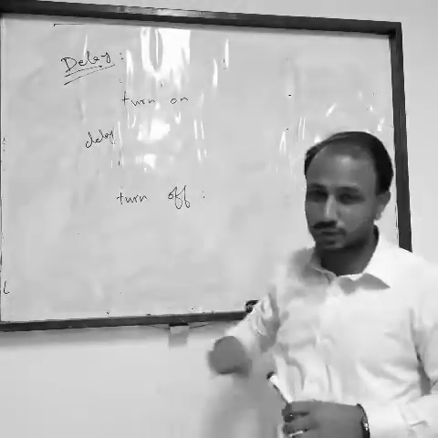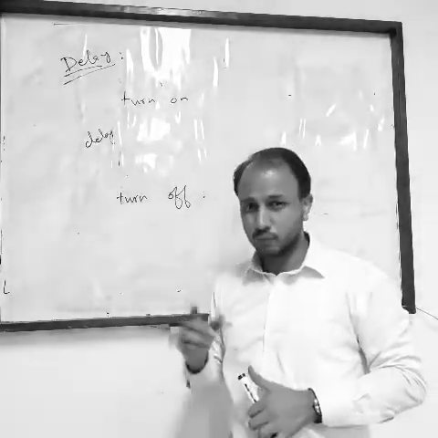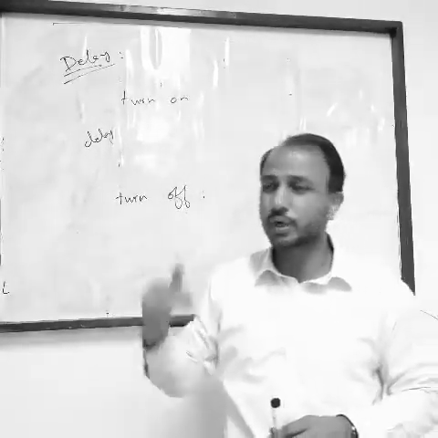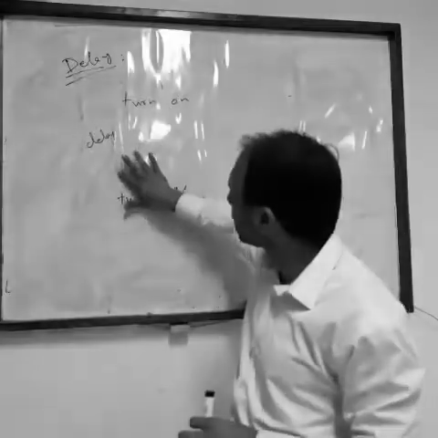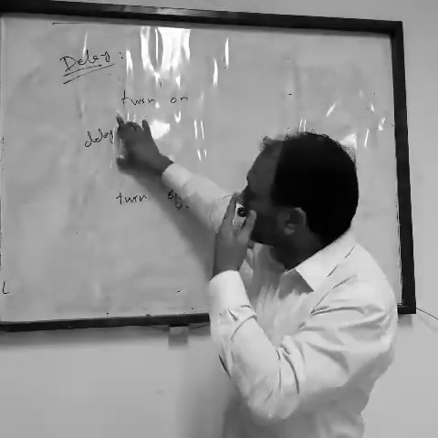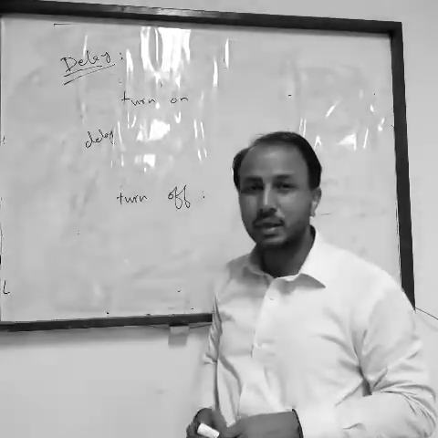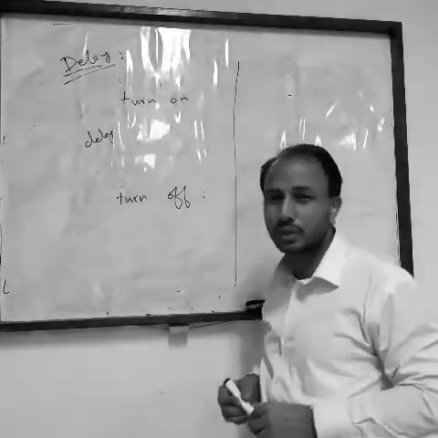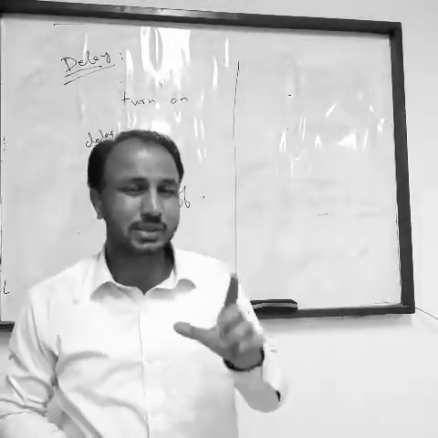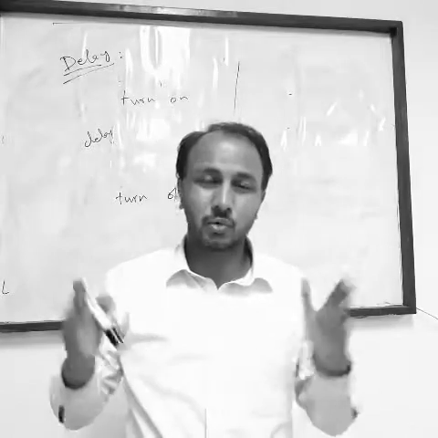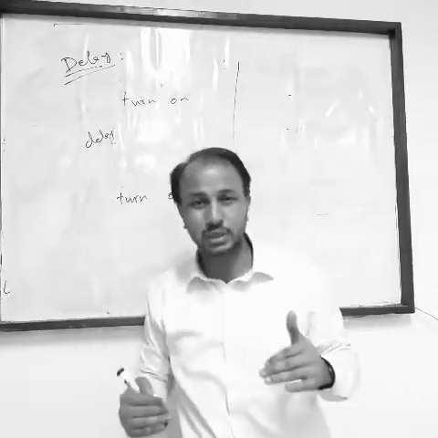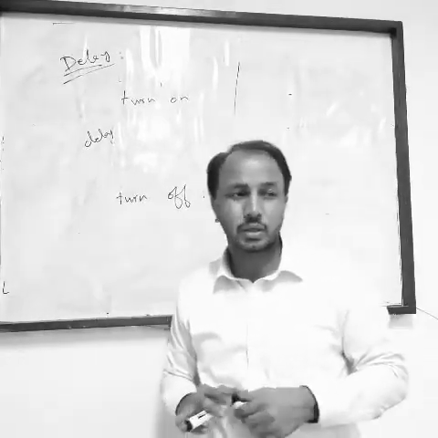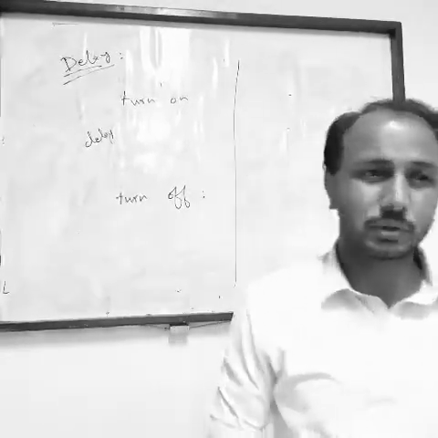Now how can you do this using a processor? We are going to learn more about input and output later on, but just want to know how we can use this delay. As I told you earlier, whenever you study an instruction of a processor, you must understand its format, how many bits or memory units it takes, and also try to understand that we can wait for some time.